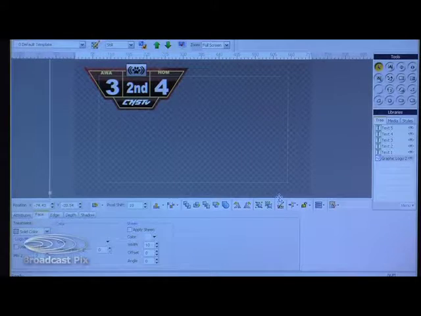But what happens if you don't want to update your graphics manually like that? You want to automate them in some way. For that, we have a special option called Rapid CG. Here's how it works. First, while we are still in Inscriber, we need to identify the fields that we're going